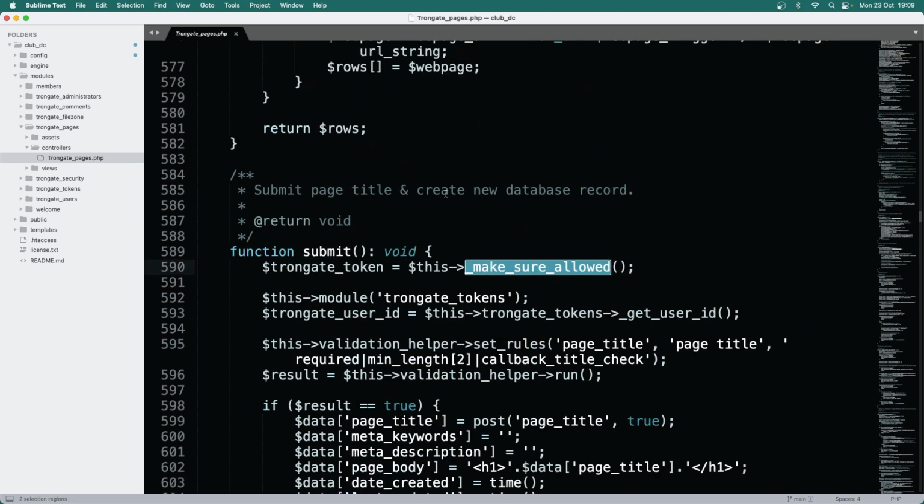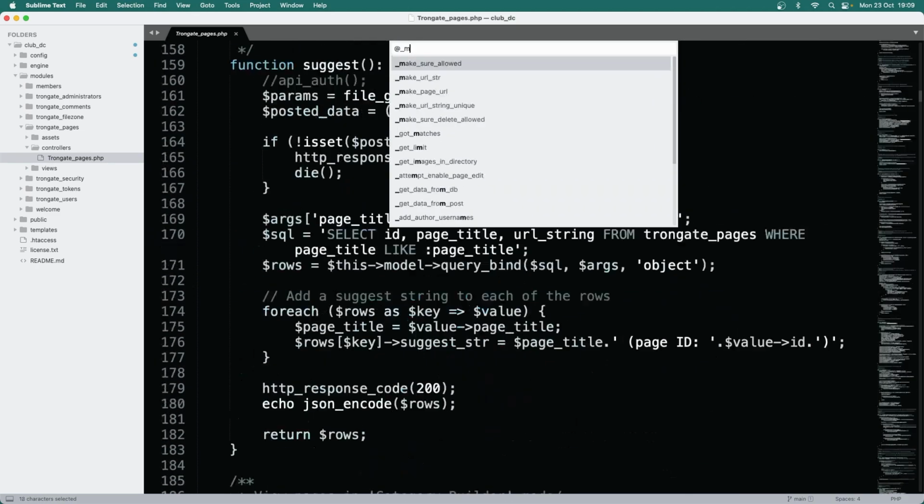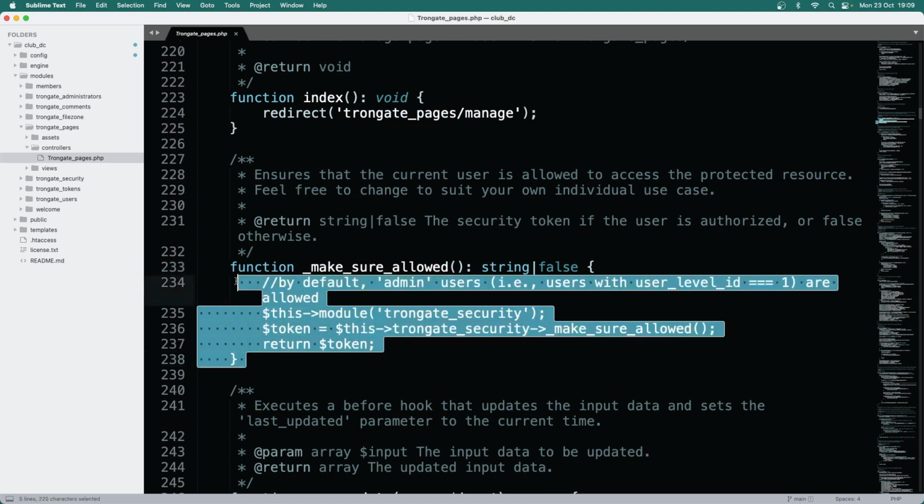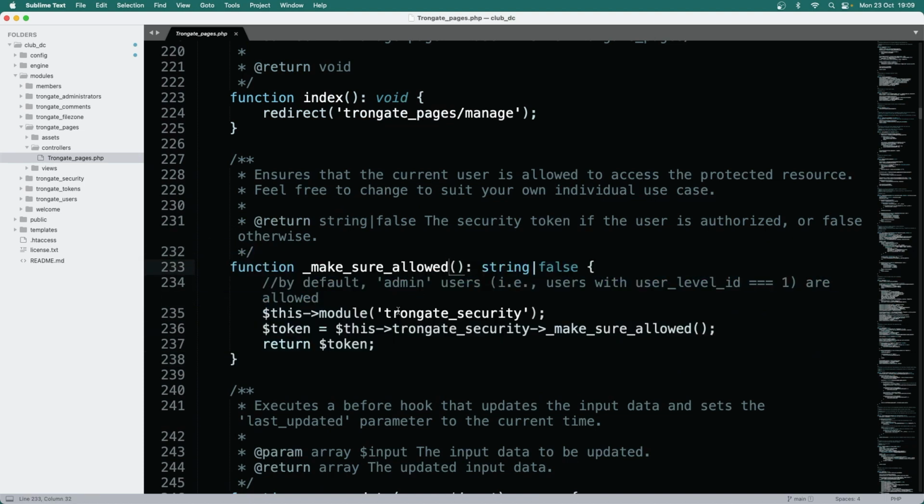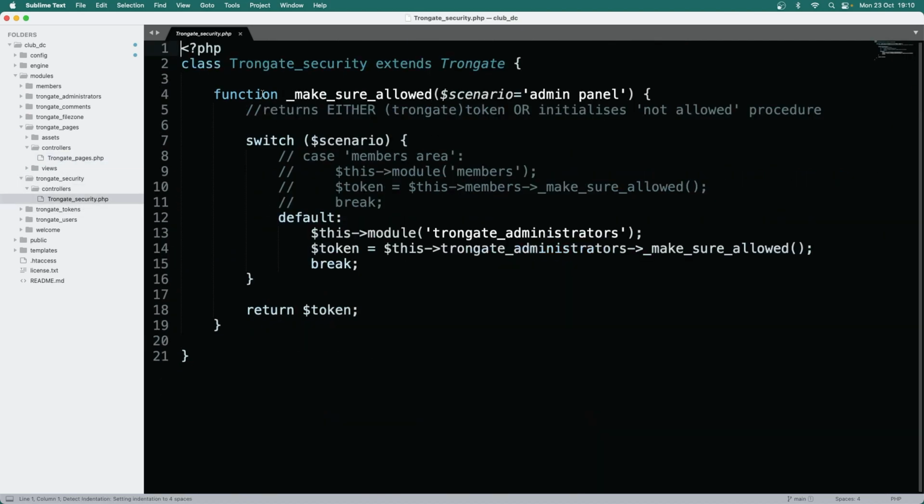Now if we look at makeSureAllowed, actually it gets called a few different places here, but basically what this does is it's calling Trongate security, and inside Trongate security you'll see this makeSureAllowed thing here with